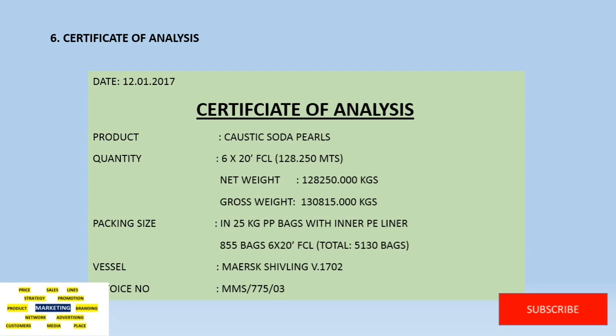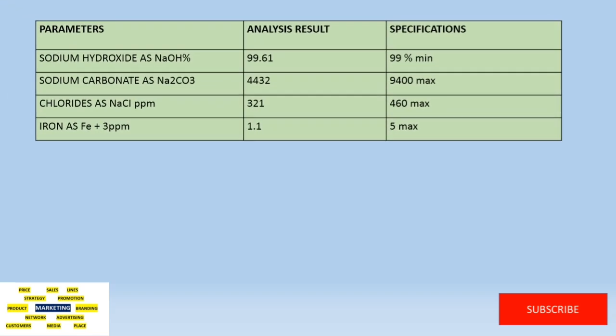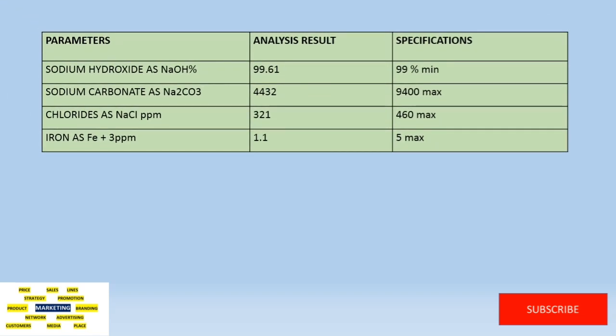They commonly contain the actual results obtained from testing performed as a part of quality control of an individual batch of a product. You can see here certificate of analysis, same information mentioned here. Before that mention invoice, commercial invoice, packing list, certificate of origin, same like that. But in the certificate of analysis, here we can see mention parameters, analysis result and specification.